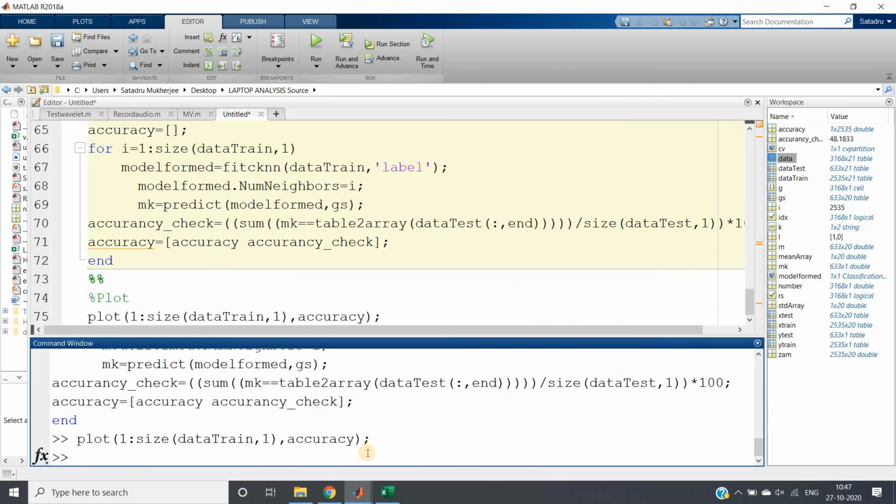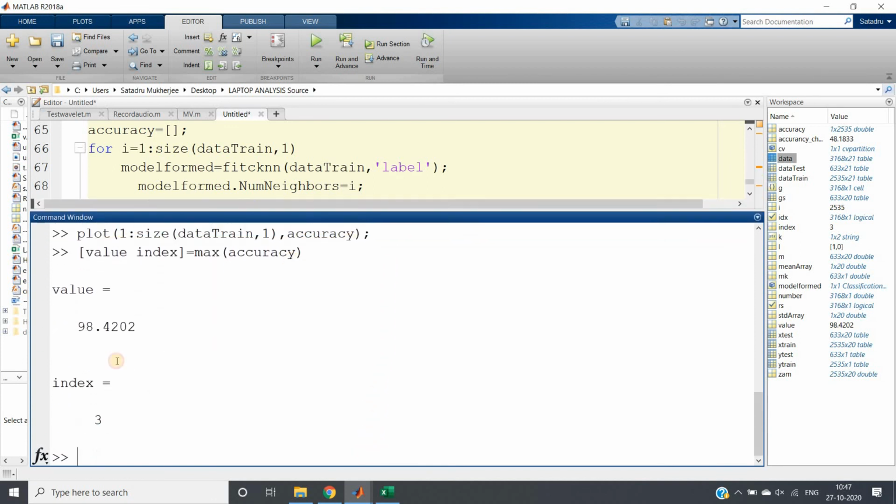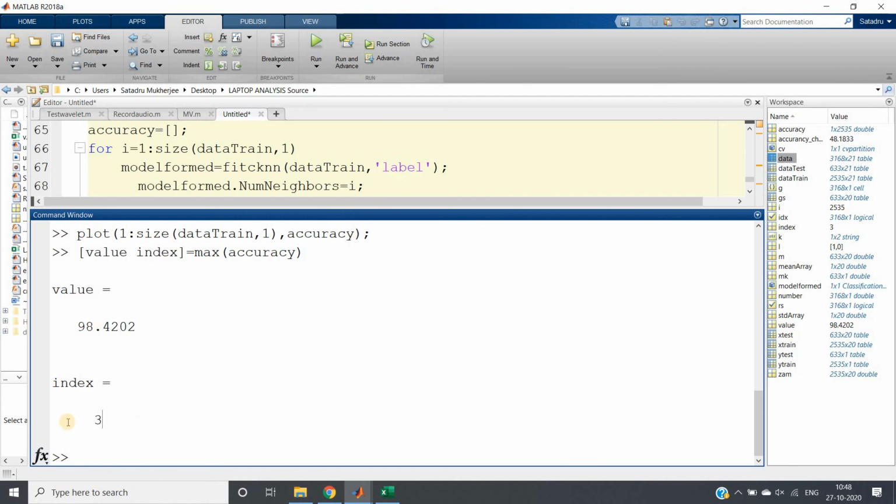For that we are going to use the max function. So value and index equal to max of accuracy, and if you run it, in this case we are getting maximum accuracy corresponding to k equal to 3.